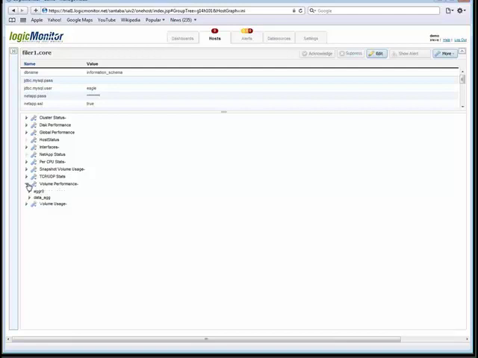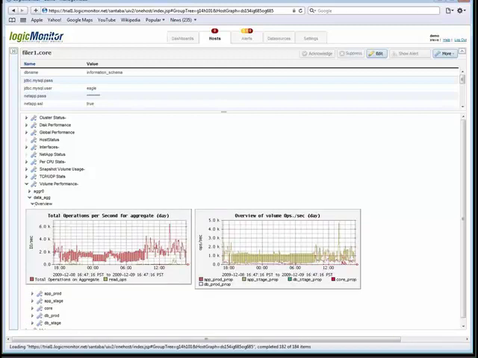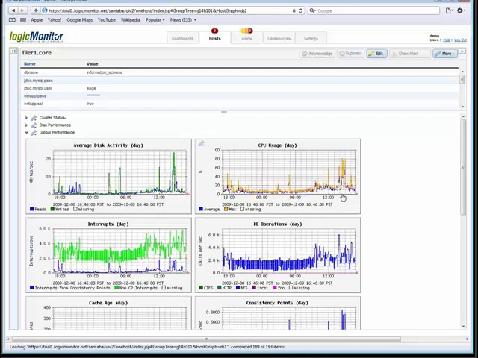Typically, that's hard to isolate as to which volume is doing it. With LogicMonitor, it's very simple. If we look at our volume performance data source, we see all the physical aggregates that have been discovered on this filer. On our data aggregate, we see all the volumes that are on that aggregate. If we expand the automatically generated overview graph, you can see that at the time of the CPU spike, which is